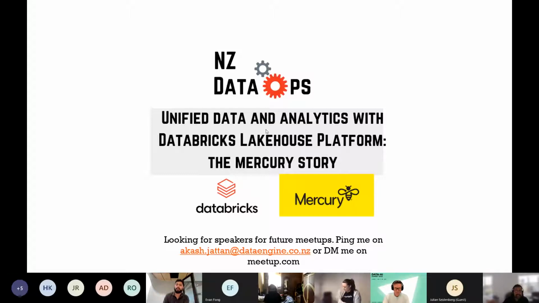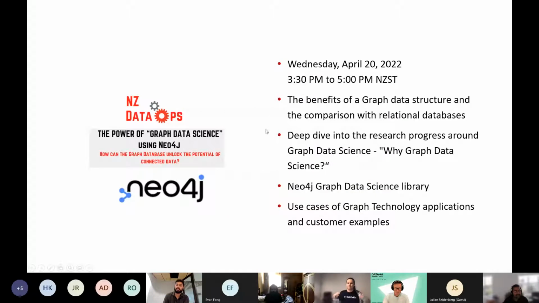Now, the second meetup that we're hosting is in 2 weeks' time. It is actually the power of graph data science using Neo4j. We do have a data scientist who is dialing in from the UK. Well, he's actually going to be in Australia that week, and they'll be talking about how to actually build data science algorithms within graph database, which is the Neo4j solution. It will be a fairly technical session, so it won't be too high level. So I really recommend it for anyone that's a data scientist or data engineer that wants to understand more about GraphDB as a whole.